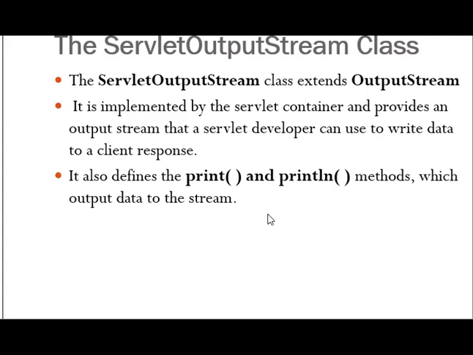It defines two methods, print and println. That's why in the example we wrote using the print and println methods. So this is the ServletOutputStream. The output stream is for writing the data into the response, whereas the servlet input stream is for reading the data.